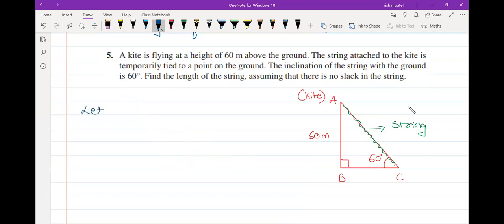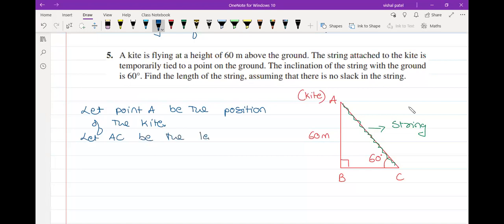So let point A be the position of the kite. This you can write anything, students. You can even write let A be the height of the kite, whatever. Okay. Let AC be the length of the string. Okay. Now, if you see the figure, students,